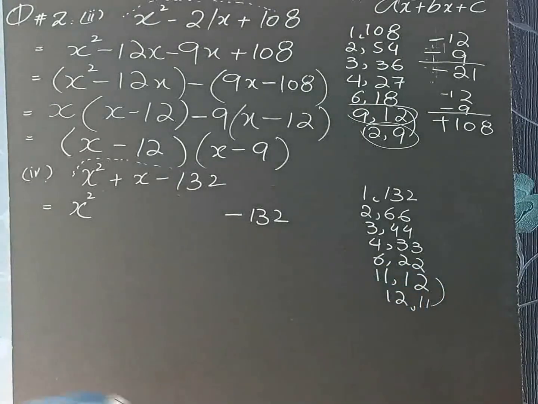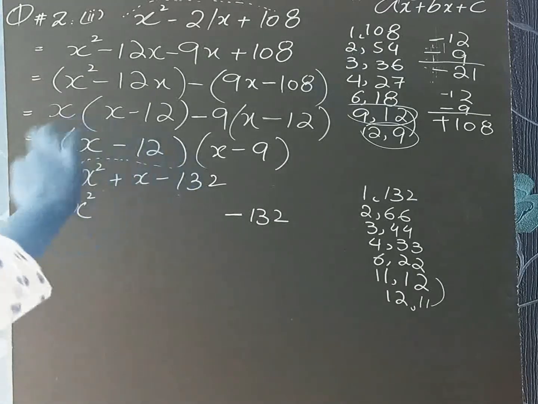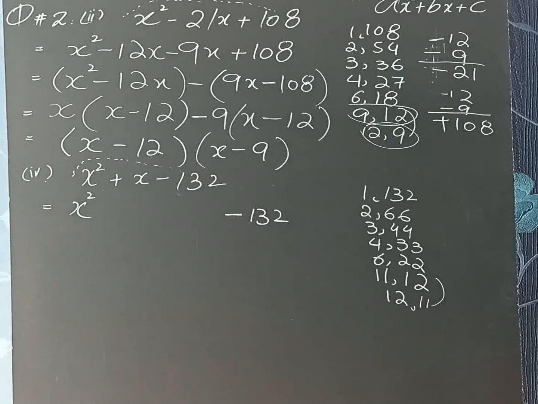You can see here both these factors are the same, only their arrangement is changed. So we are going to pick any one of the pairs. After adding or subtracting which we can get plus 1x, and after multiplying that we should get minus 132. Don't neglect the sign over here. Sign is very important. Okay guys, here which pair we are going to put? We need here plus 1. So the smallest one we will pick from here, 12, 11. If we subtract 12 and 11, we can get 1.